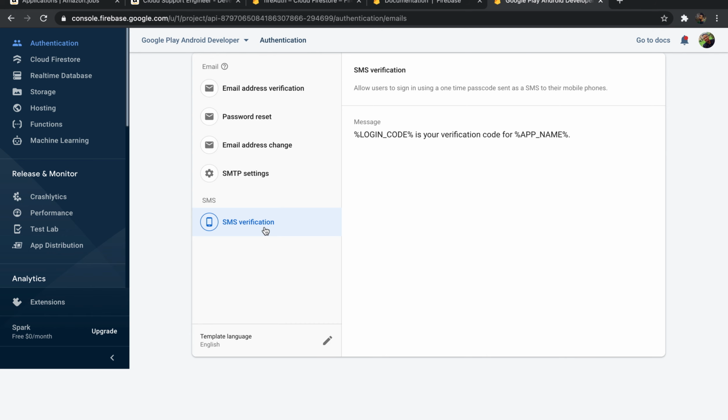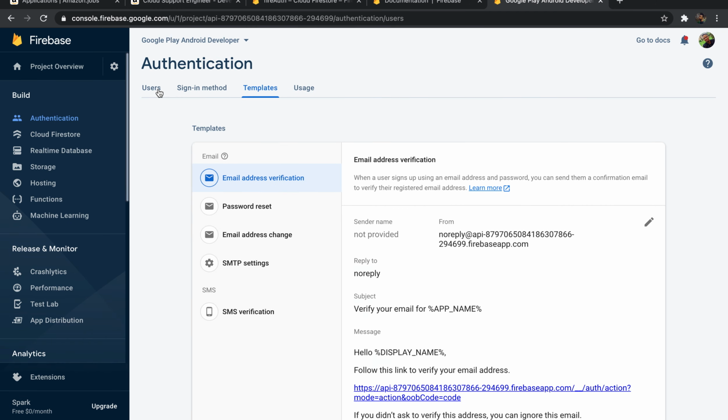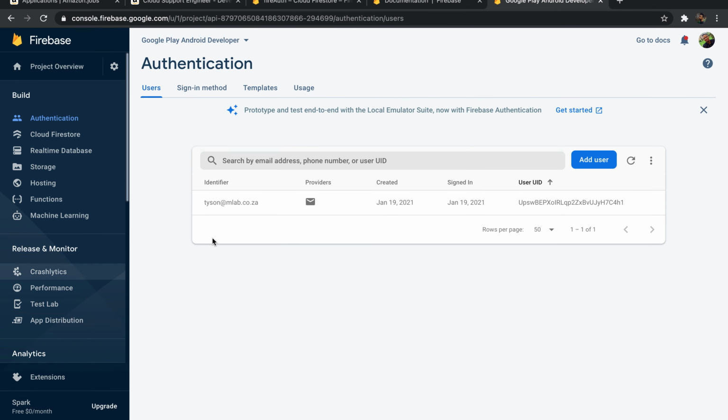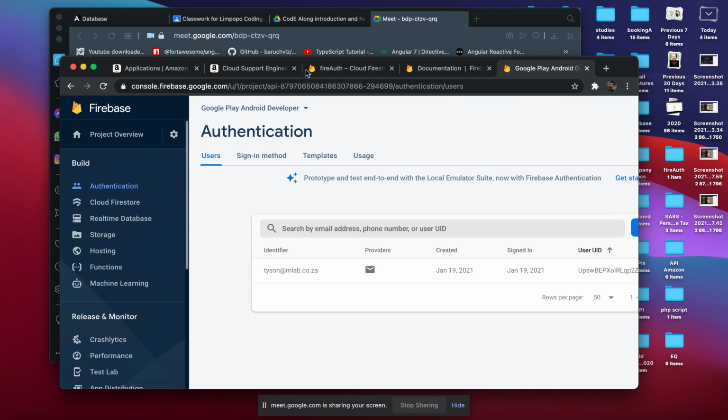But for me, I think the simplest way is email verification, where you just receive an email, then you tap on the link once and it verifies you, and you are done. And then yes, so let's go on to